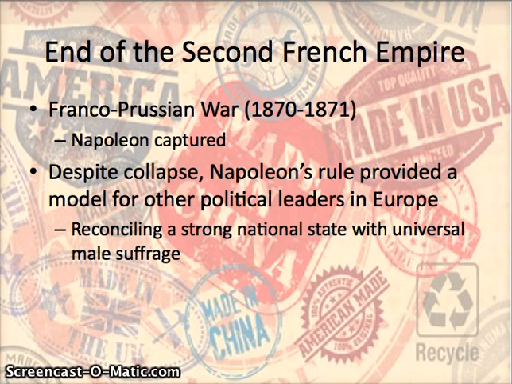To evaluate Napoleon III's rule, yes, at the end of the Franco-Prussian War, we see that the empire has collapsed. But nonetheless, one of the really important things for us to realize is that Napoleon is still kind of seen as a model for a lot of other political leaders in Europe. It shows us that you don't necessarily have to be liberal and nationalistic, that you can be conservative and nationalistic at the same time. We see that Napoleon, a very conservative person, was elected by a plebiscite twice, first to be president for 10 years and then to be hereditary emperor. So it shows us that you can have very strong feelings towards your country and not necessarily be liberal.